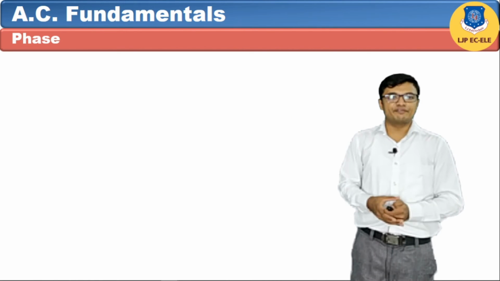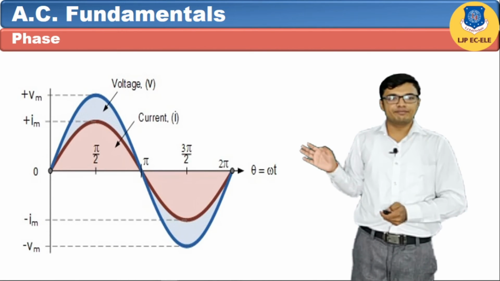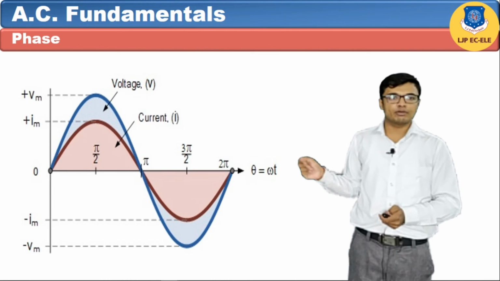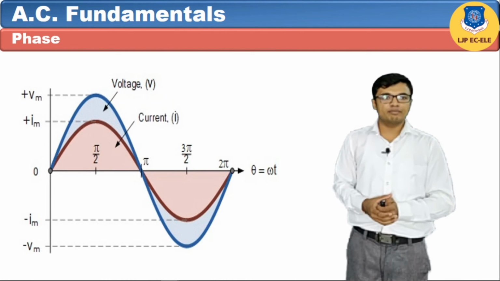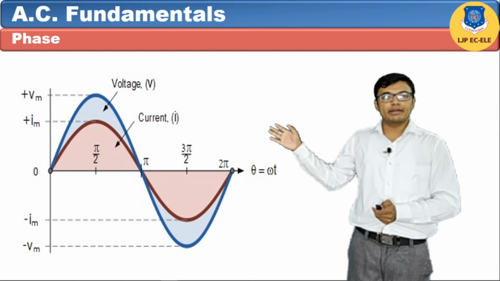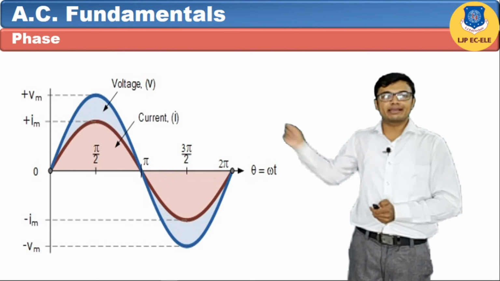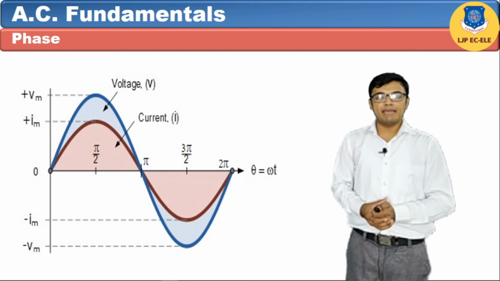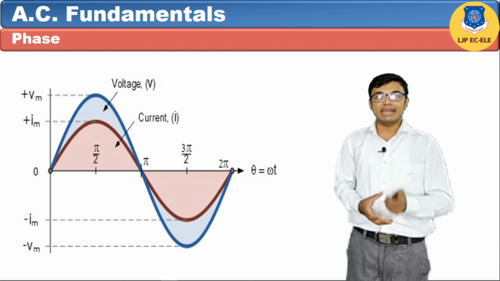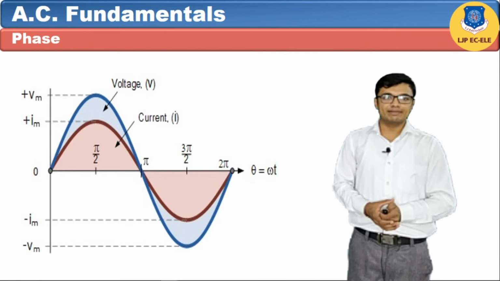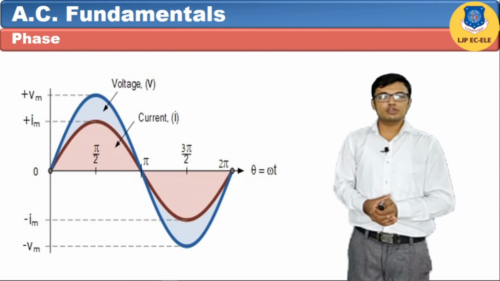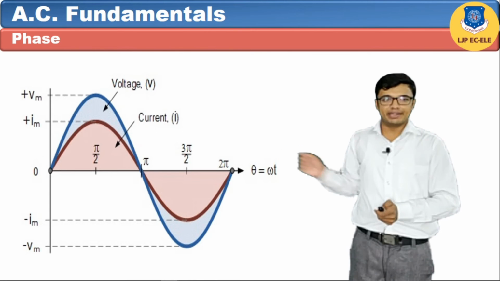Let's understand meaning of phase. Here also having one figure. On x-axis we have taken time period or angle in degree or angle in radian, on y-axis we have taken amplitude of voltage and current. There is two alternating wave, that is voltage wave and current wave. Phase means time required to alternating quantity to reach at any value is called the phase. Suppose RMS value it requires t1 time, suppose maximum value it requires t2 time. So there is difference of time. This phase expressed in terms of second, degree or radian.